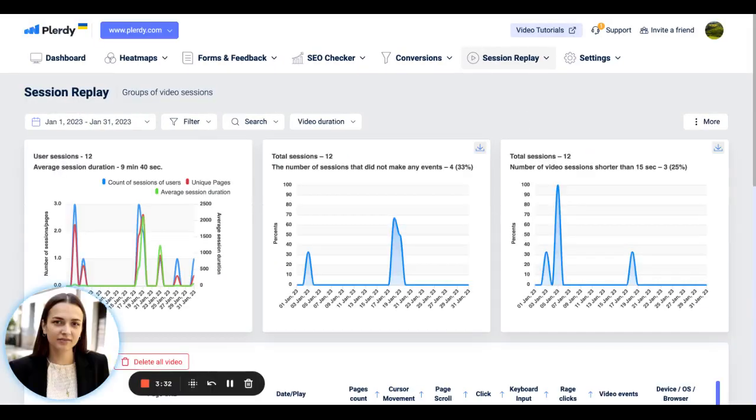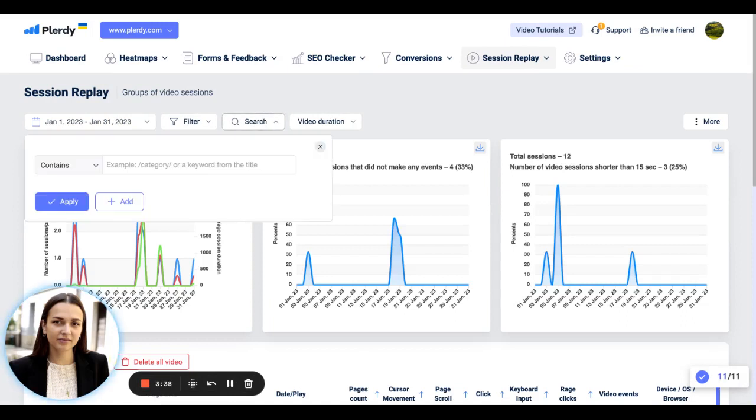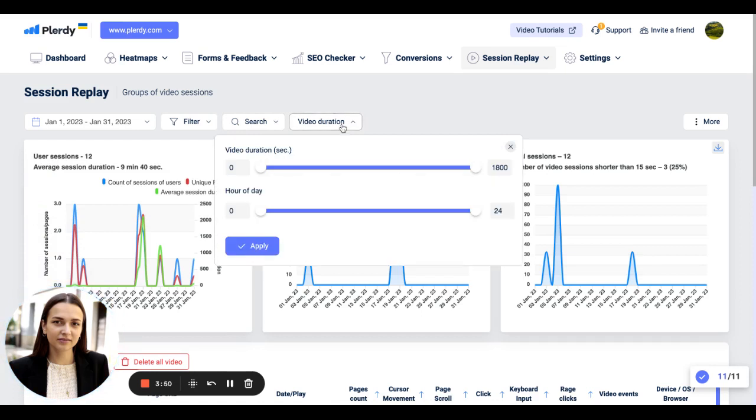Other than this, you have two more options to go with. You can directly search for the sessions on specific pages of the website by pasting here the exact URL or some pieces of the URL to filter your website pages. Or also, you can use a video duration filter. Here, you can select a session of a specific length and a certain time of the day when this session